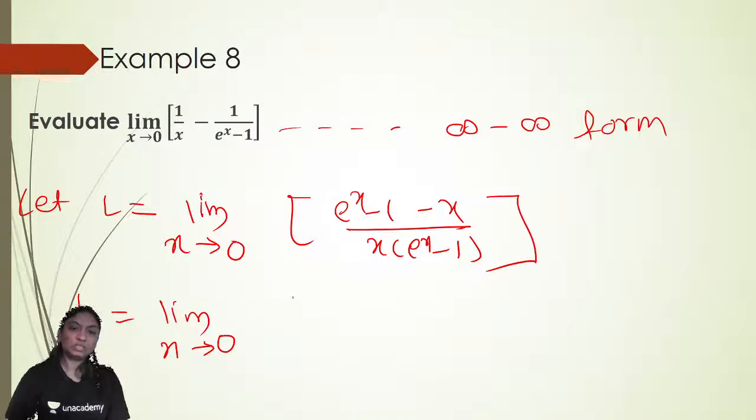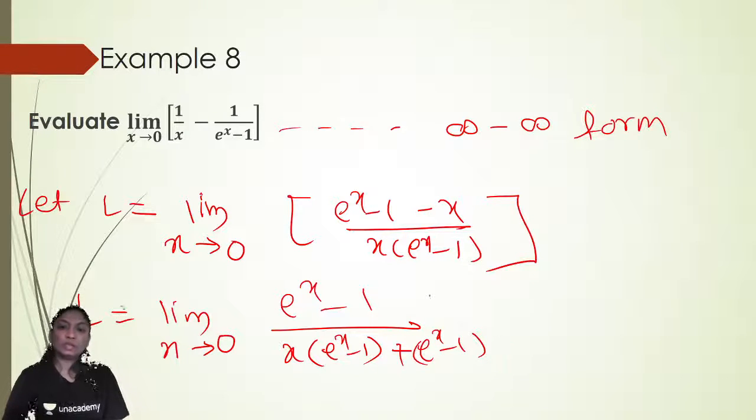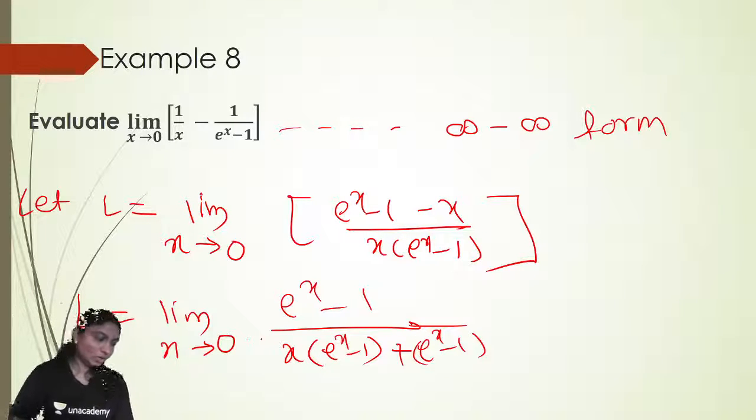So L'Hospital rule is, denominator: first into derivative of second plus second into derivative of first. Okay, right here, same, put x tends to 0. As x tends to 0 you will get e raised to 0 is 1, 1 minus 1 upon x tends to 0, so this will become 0. So here is 0 upon 0 form,